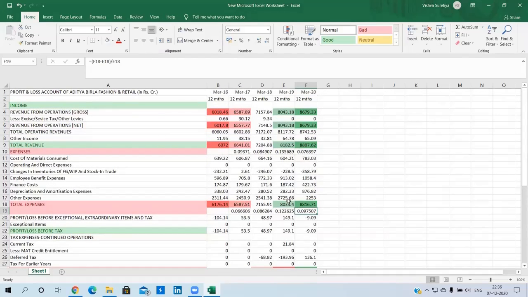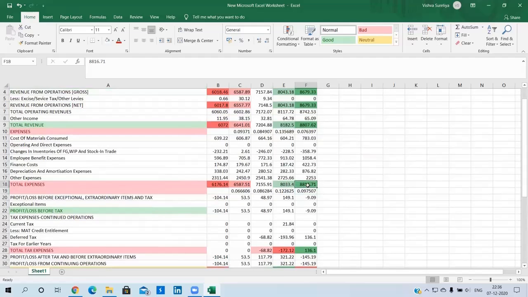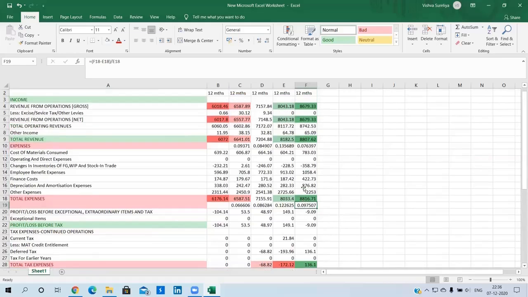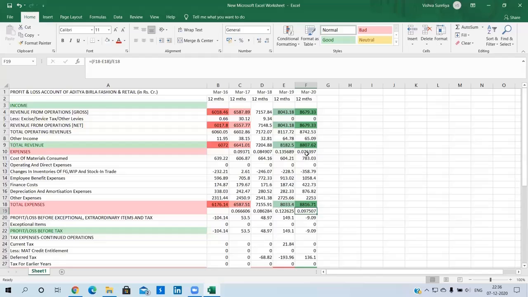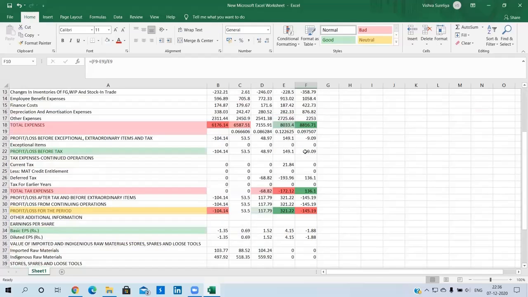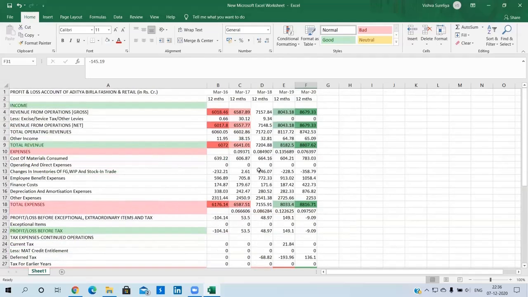In a similar way you can also find exactly which expenses they have incurred more compared to the past data, and because of that this figure is increasing, and so is this figure, that is the growth of expenses for March 20. And because this figure is less, that may incur your loss. So this can be one of the reasons that the profit and loss for the period has decreased, because their expenses are more. So under this you need to find, under the notes of the annual report, exactly which expenses have been incurred more by this firm.